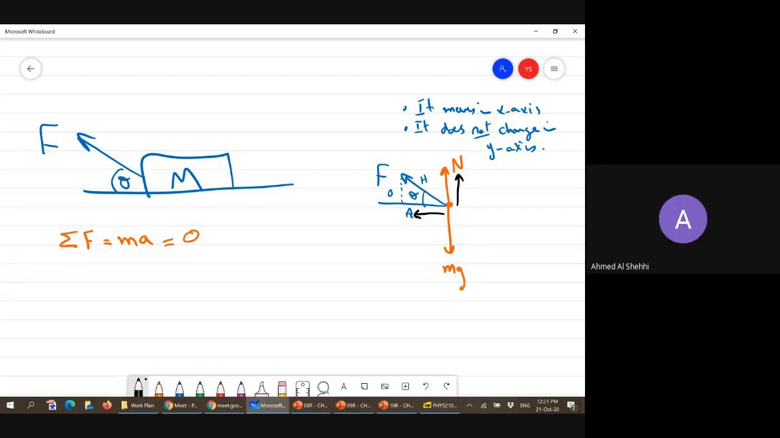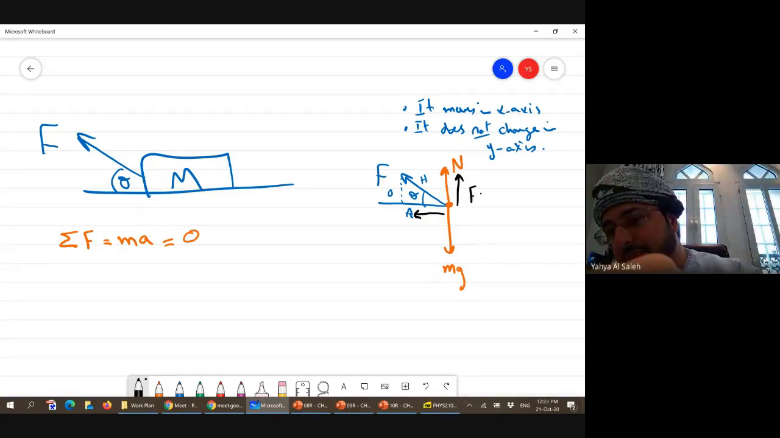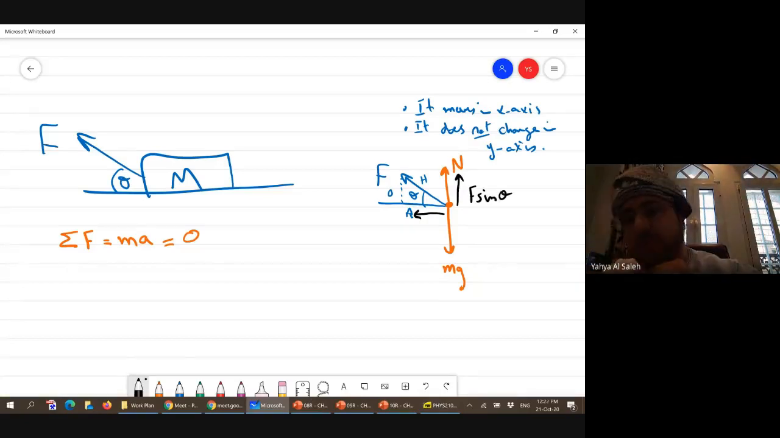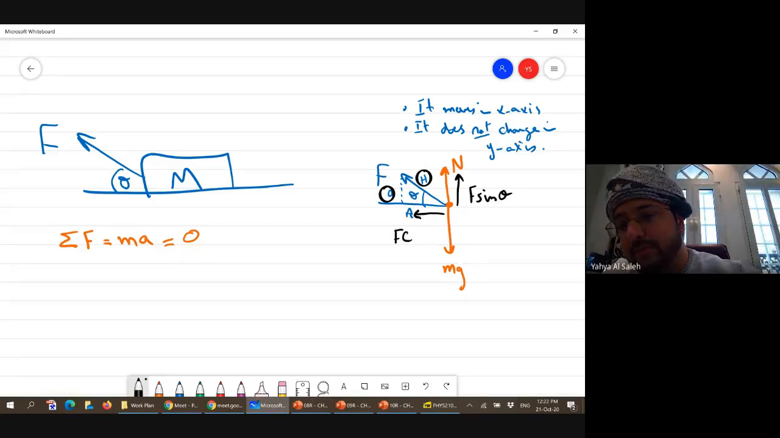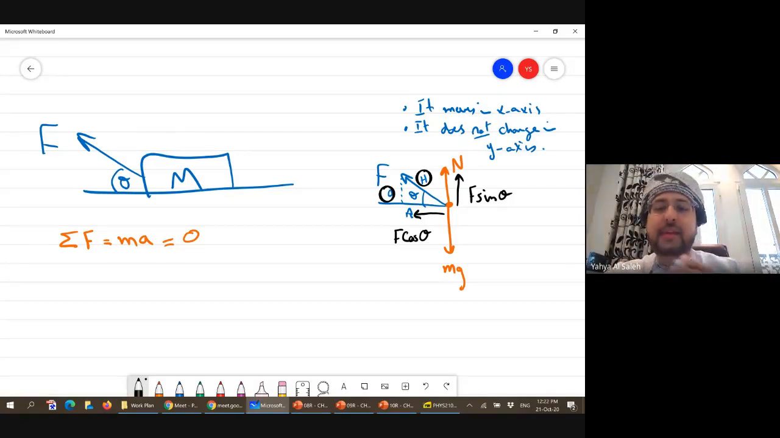In the up direction, yes, it will be F sine theta, because sine is opposite over hypotenuse. And in the x-axis, it will be F cosine theta. Now, on the x-axis, we already agree that it's moving, but we know that it's not moving in the y-axis, which tells us, because it's not moving in the y-axis, it tells us that